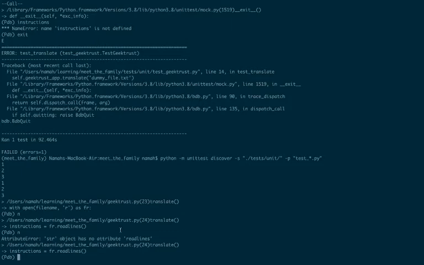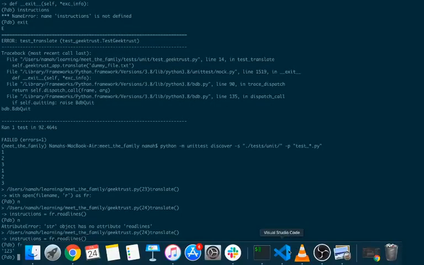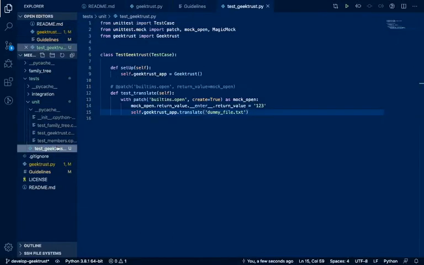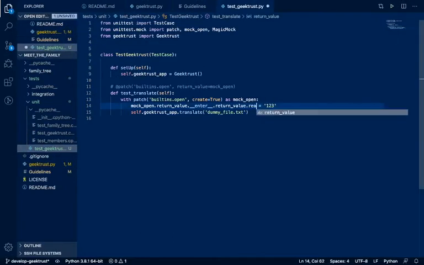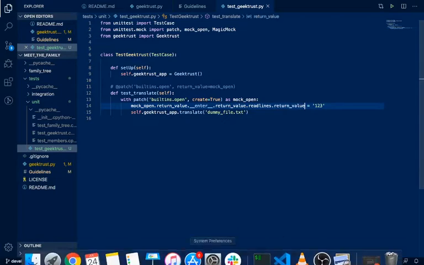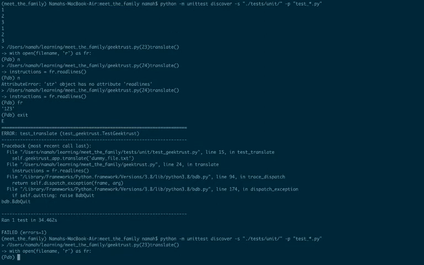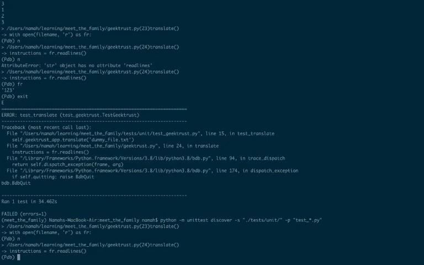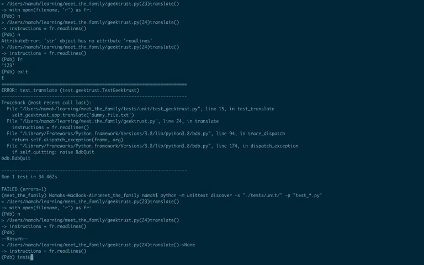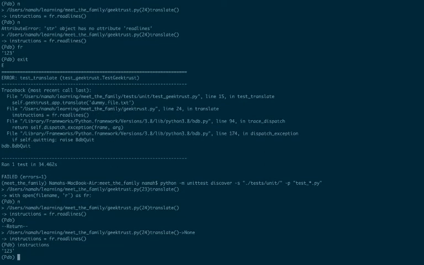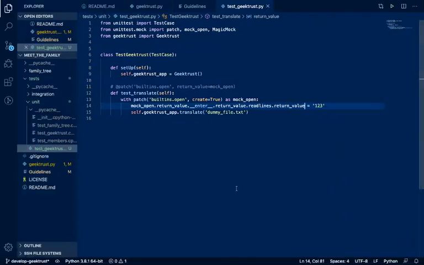Yeah, so str object has no attribute read lines because fr is 1 2 3, right? So return value dot read lines dot return value, let's put this as 1 2 3. Now let us exit that and we do an open. Yep. So that's how we put values into mock, and our instructions are, so let me just tell you guys